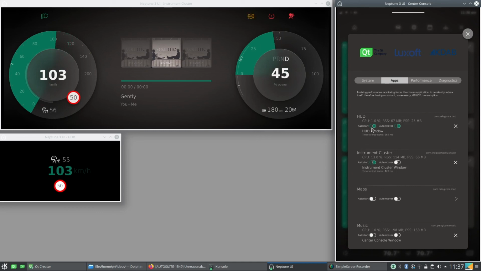So we can maybe turn it off for the next topic, and you can also see here there are settings for the auto start application. We talked about the settings when we talked about the diagnostics panel. These settings define if an application will be started automatically when the whole system starts. So let's close the